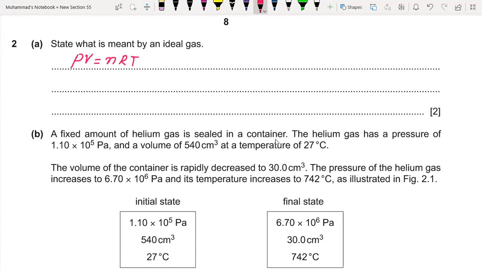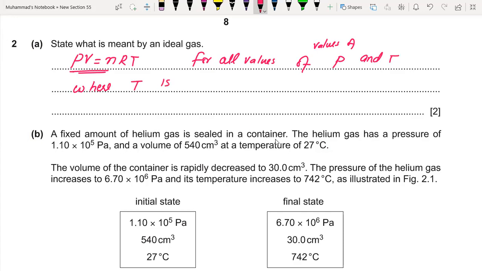The gas which obeys the ideal gas equation for all values of pressure and temperature, where